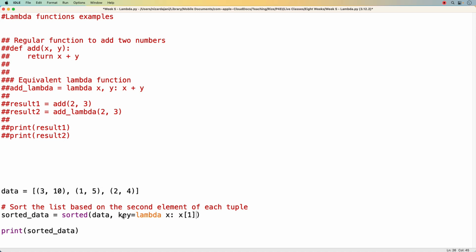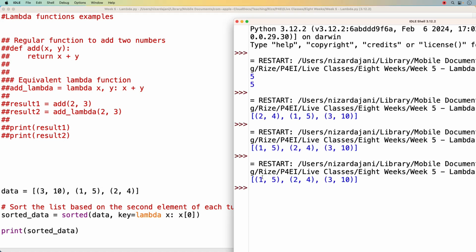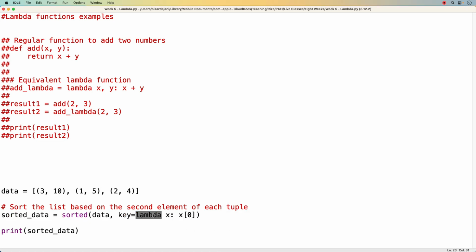I use the key argument and then set it equal to some sort of a function, and my function can be used here as a lambda because it's more streamlined, and it takes one argument, and that argument just returns the second. So if I want to do the first one, you basically do 0 for my index. And if I run this now, it's sorted by the first element. So 1, and then 2, and then 3. So again, lambda is a very powerful, very flexible way to write anonymous functions that are just one-liners, that can do a lot for us. Here is just one example, and here is another example that you can use it as part of the sorted